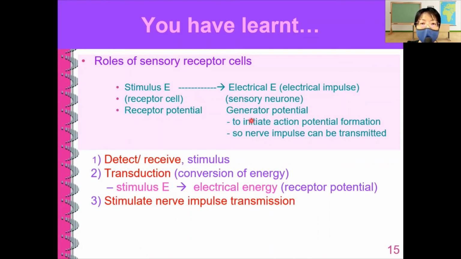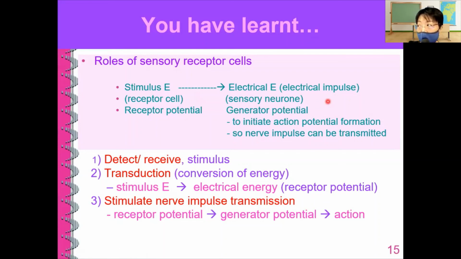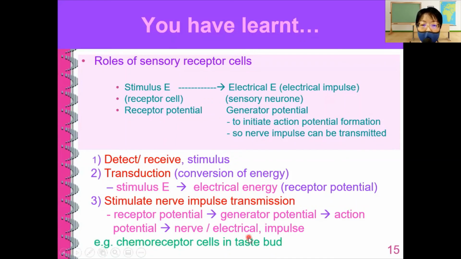So the membrane potential of sensory neuron is called generator potential because it's used to generate the action potential. Then, once action potential is generated, there will be nerve impulse transmission along the sensory neuron to the brain, where it will process the information and will give you the information based on the location of the neuron. Okay, so receptor potential is used as a stimulus to cause generator potential to be produced. Then when generator potential is above threshold potential, okay, then action potential can be produced and then sent as electrical impulse. Okay,